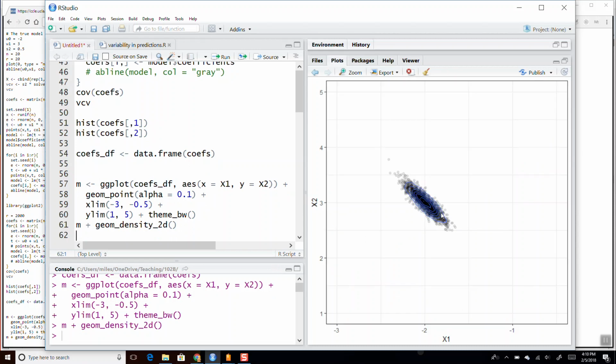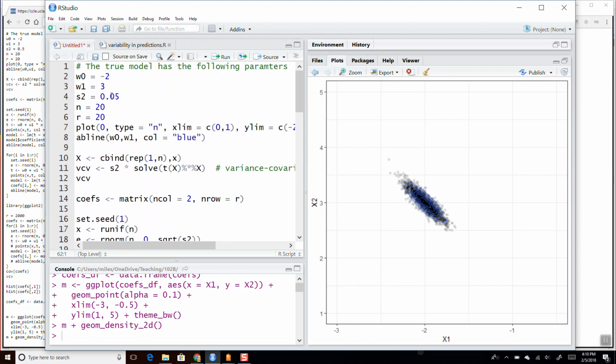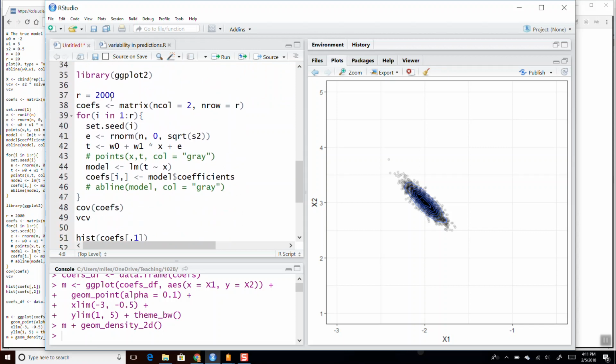Okay, and we can see with the amount of variation being 0.05, sigma squared being that, we get a very small contour centered around -2 and 3, which makes sense because the true parameter relationship is an intercept of -2 and a slope of 3. Okay, and now if I crank up the amount of variation to be something bigger,